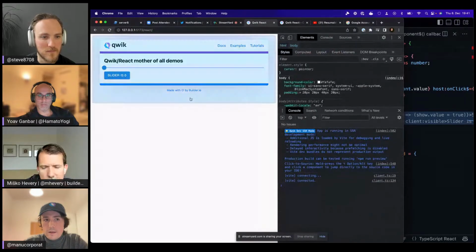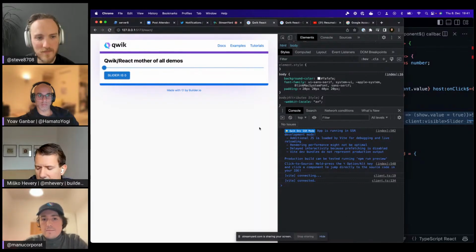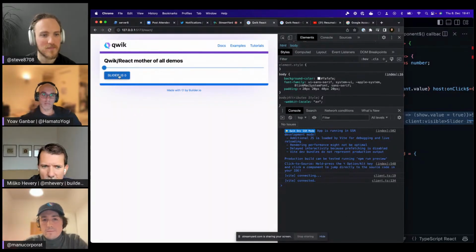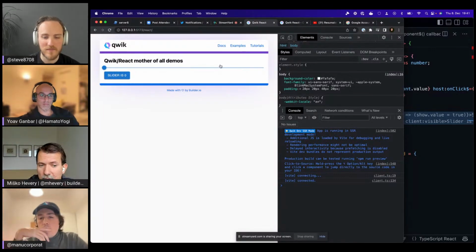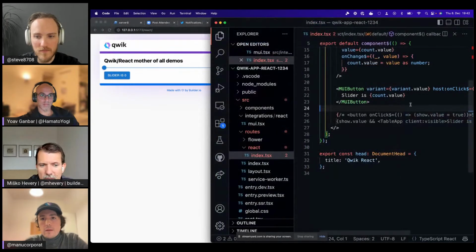Manu, I think it's worth pointing out that at this point the component rendered on a server, right, and there's no JavaScript on a client, which is the reason why no interaction is happening. But I think it's worth driving home the fact that we have server-side rendering: Qwik is server-side rendering as well as React, and everything is getting inlined in the correct places and all hooked up in the correct way, so that the SEO works and all the other stuff.